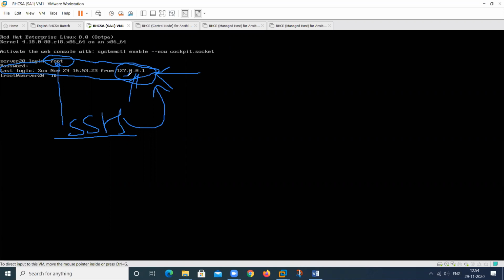In your local machine, this is login. In the remote machine, this is login. So this will show me the message that at this particular time, this user logged in on this particular machine. So this is my local machine. If this user logs in on another machine, the IP can be different. So this will show me the IP of that particular machine. So this shows the last login information.